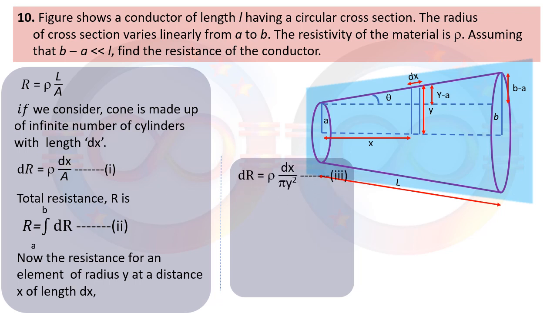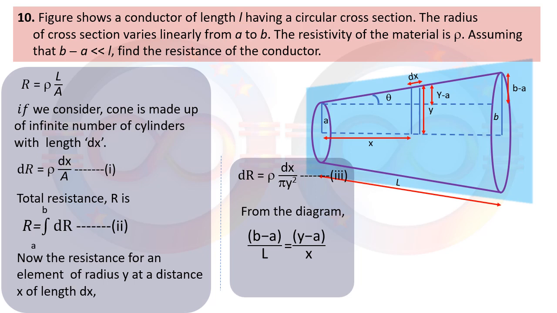So what is the area at that particular point? Pi into radius square, that is pi into y square. This we are going to take as equation 3. Now, from the diagram, if we compare two similar triangles which are having the common angle theta, we can write